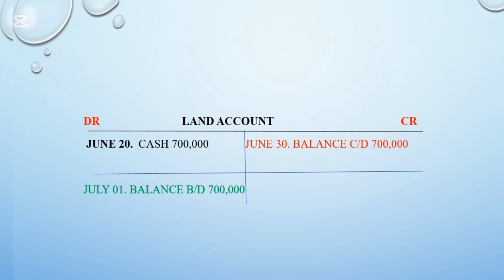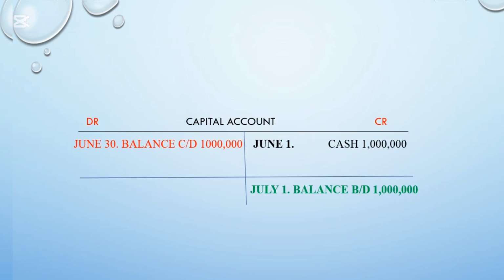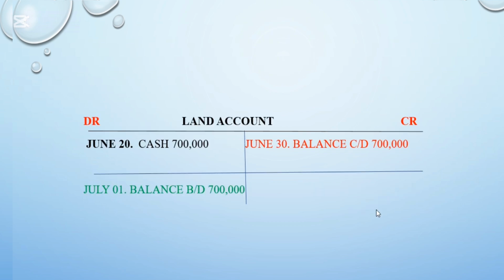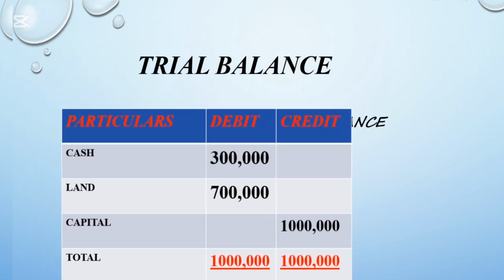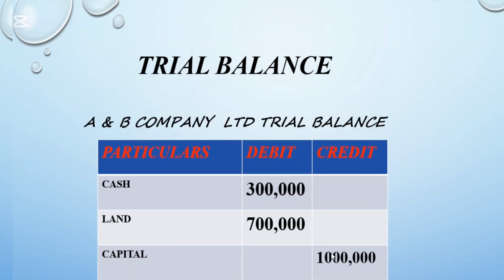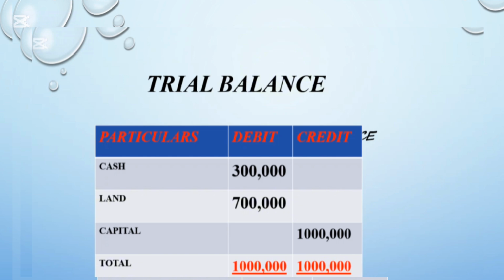When you see capital, it has balance brought down equivalent to 1 million, but in the credit side. So in the trial balance, capital will appear in the credit side. Then you make a total, and you find that it is 1 million, 1 million. That is to say, debit must also be equal to credit in the trial balance. This is the only evidence to prove that there is accuracy